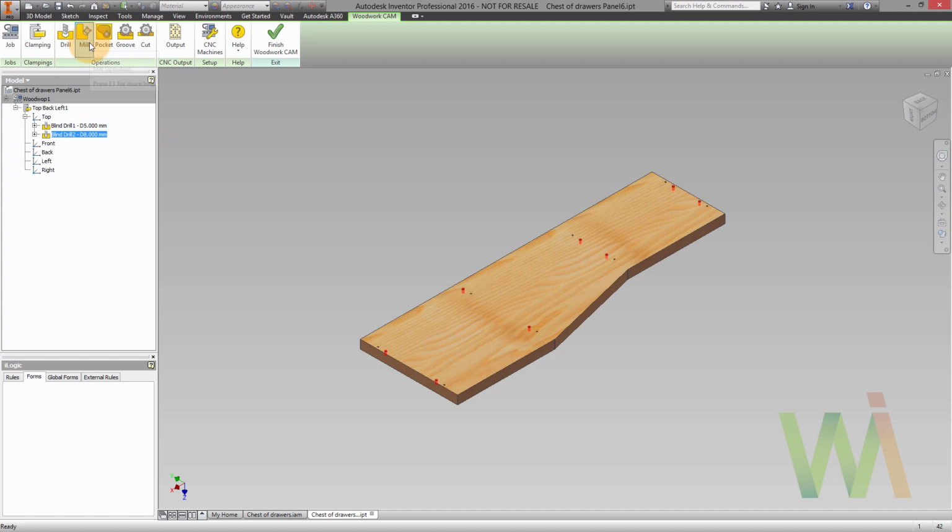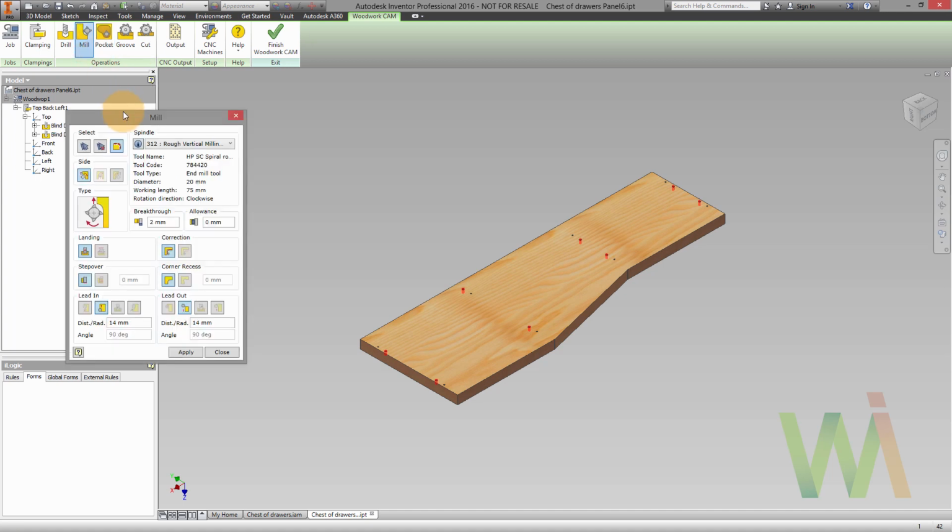Now I can use the milling function to create milling. Here we can choose what kind of milling we want to use. Here we can choose the milling tool, as well as the type, climb or standard milling, the landing, step over, recess, and other options. I can ask the system to select contours automatically, and as you can see, it selects